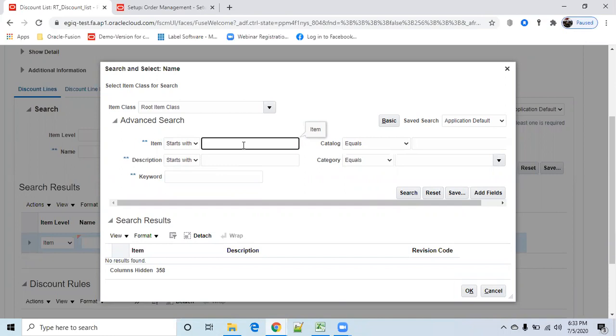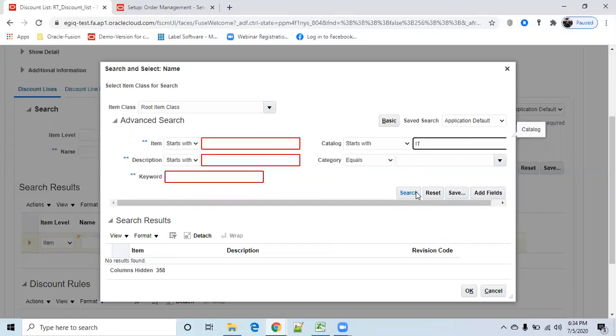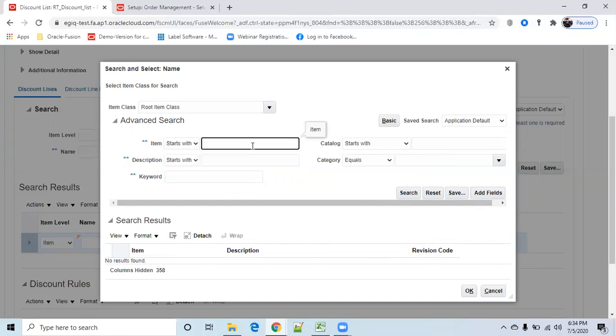I don't know what items you have. The catalog we can select is IT equipment. IT, we'll try this, start with, click on search. I think we don't have anything. No, this is not mandatory here. The mandatory one is this one. Let me see.